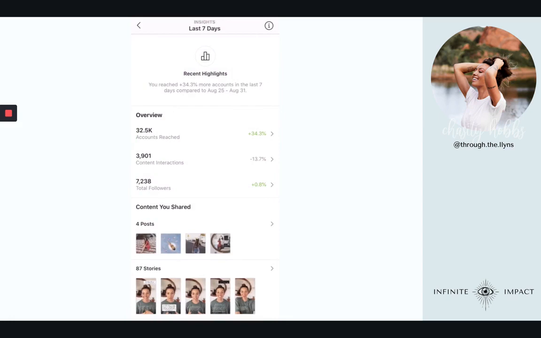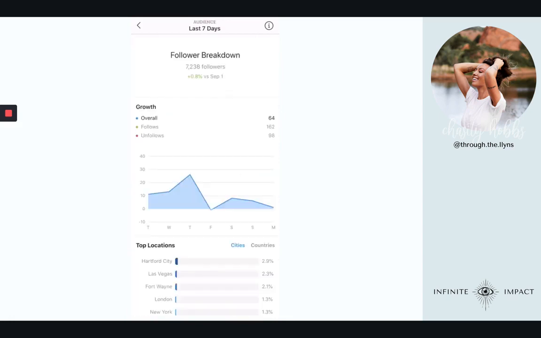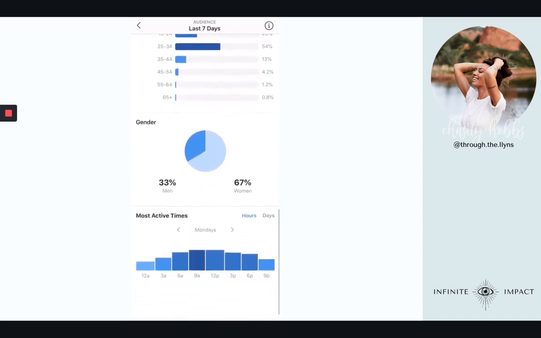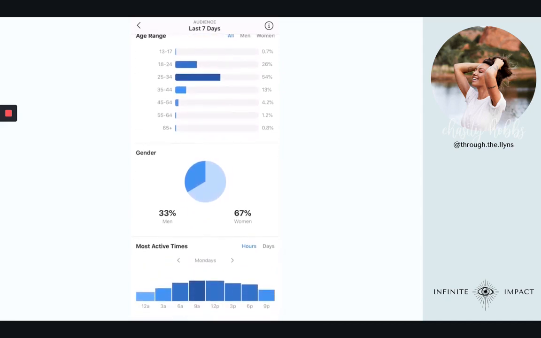And then you can go here to your audience insights. So this shows you how many followers you gained and lost, where your top locations are, your age range, and then down here it has the most active times of the day. So these are probably going to be the best times to post, because most of your audience is online during these times. So if you're able to post when most of them are on, you show up right away. People are going to interact with it, engage with it. So yeah, it's best to post around that time.